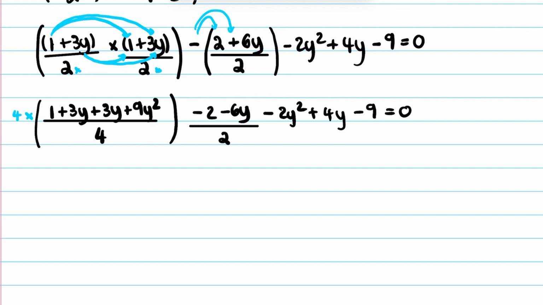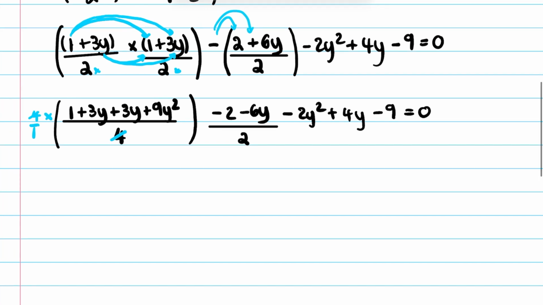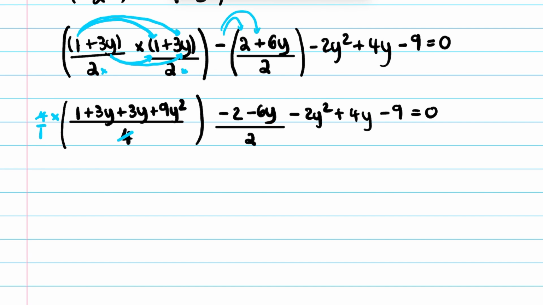If we took this big bracket and we times it by 4, it's the same as saying 4 over 1, right? So do you see here that the 4 and the 4 would cancel out? So what you would be left with is just 1 plus 3y plus 9y squared. Okay, then if I was to multiply this by 4 over 1, do you see that